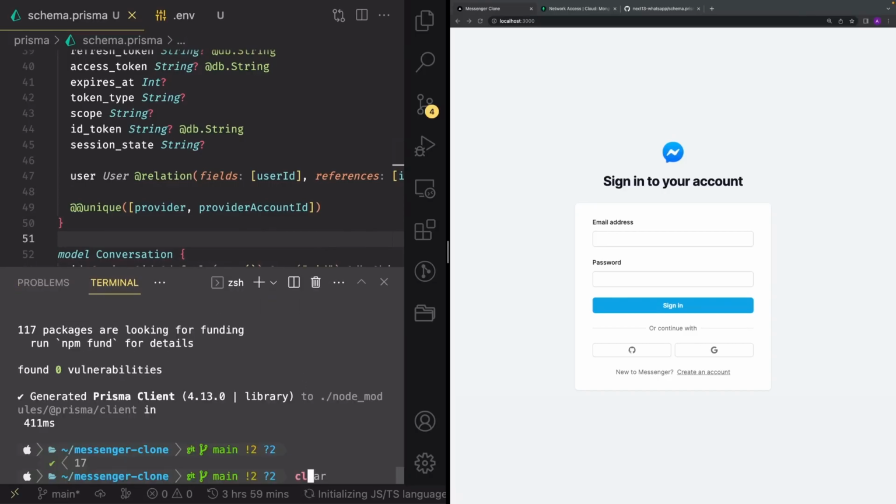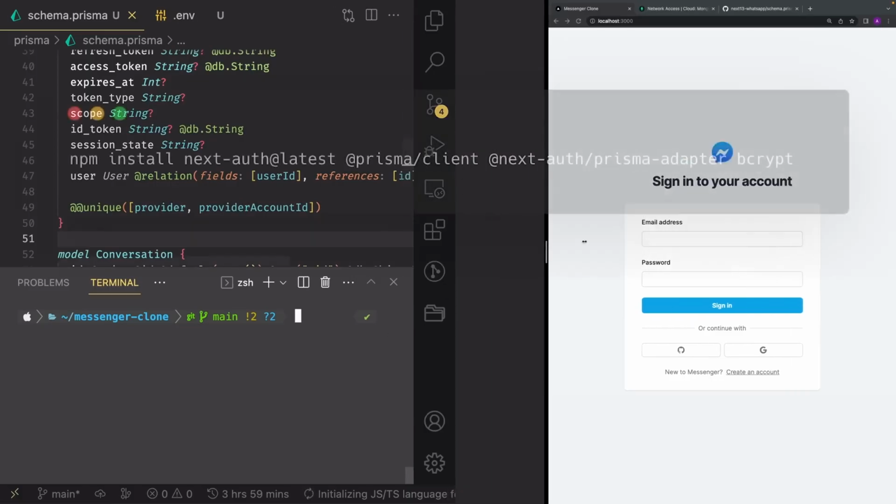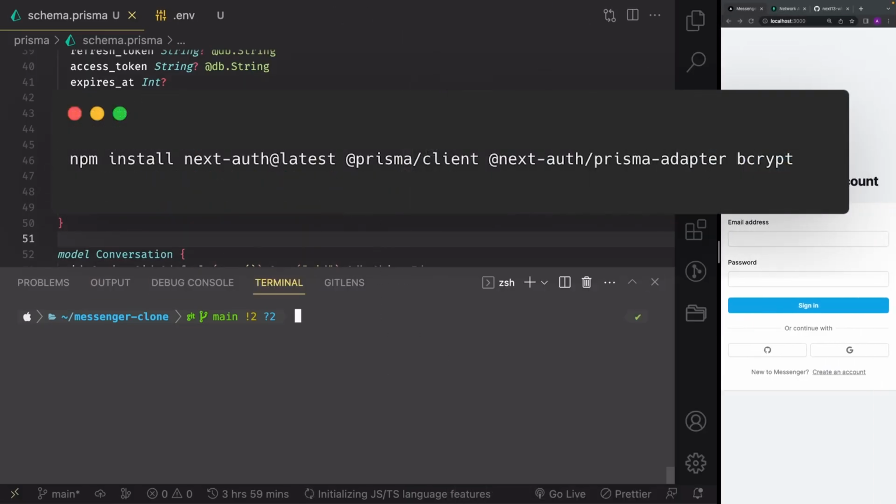I'm gonna shut down my application. In fact, it wasn't even running, and I'm gonna write the following commands. I'm gonna expand this a little bit. We're gonna install a couple of packages. So npm install next-auth, @prisma/client, @next-auth/prisma-adapter and bcrypt. And if you want to, you can also add a decorator to the next-auth, at latest, like this,